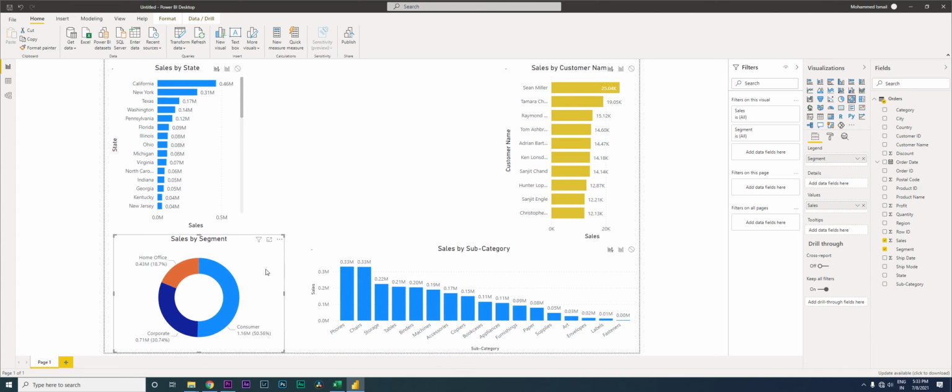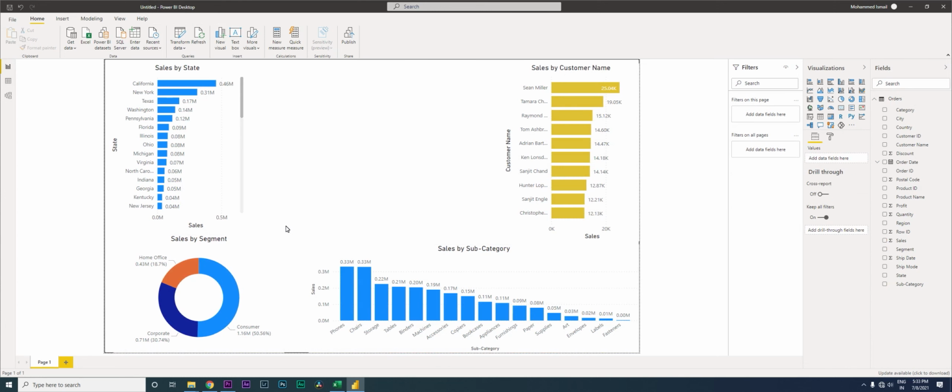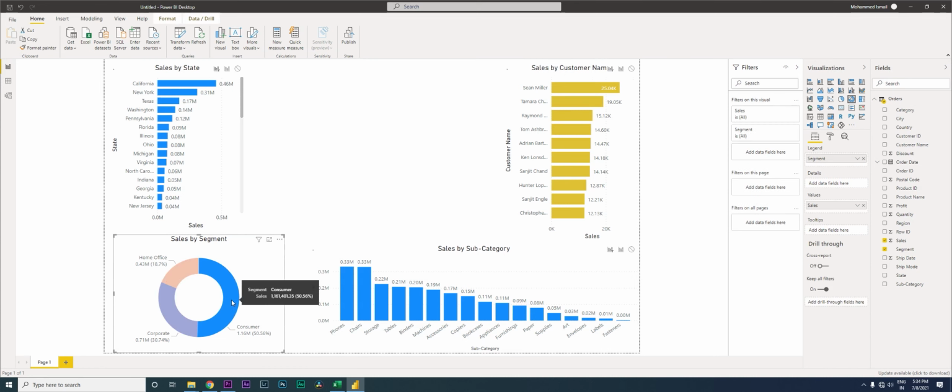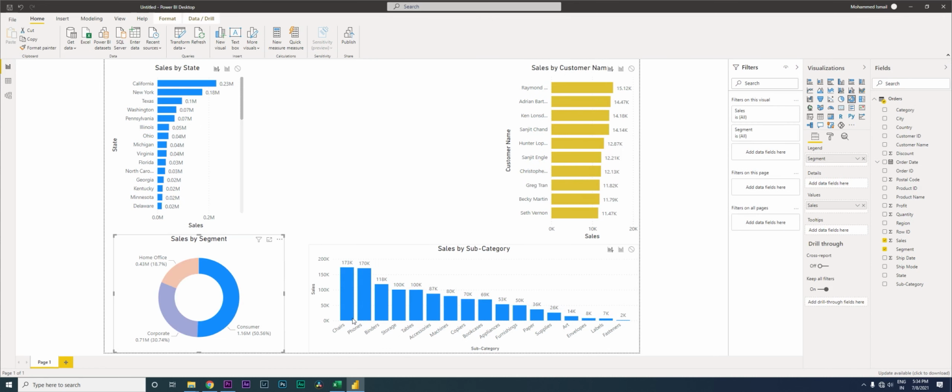All right. Now likewise, if you want to know under consumer segment, which are the top categories which are making maximum number of sales. So when you click on consumer over here, you can tell that chairs, phones, binders, storage are your top subcategories which are making highest number of sales, right.